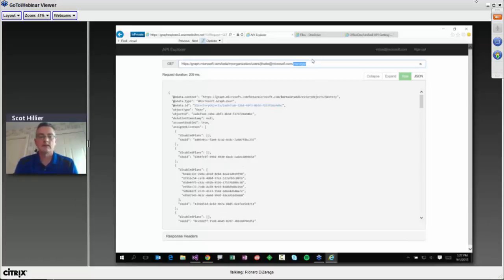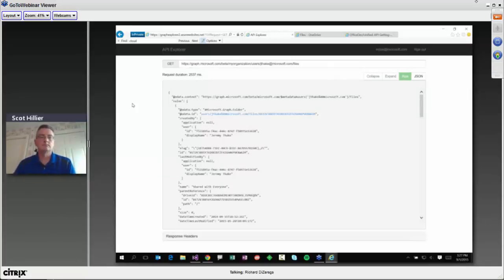Or do things like show me Jeremy's files, and it'll show me all the files that Jeremy has shared with me. So we can traverse not only myself, but others within the organization. Really powerful things with the unified API. And again, this is public information, information that you've been allowed to see. You're not going to be able to see any documents that aren't shared.